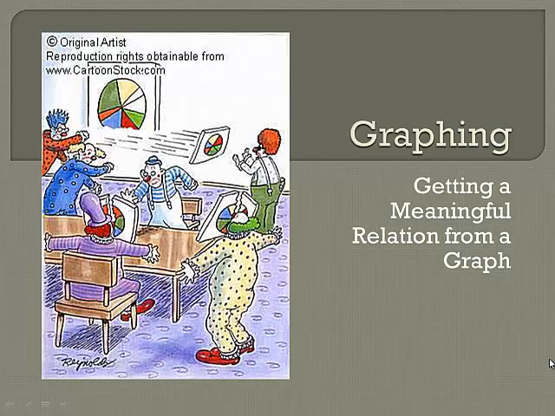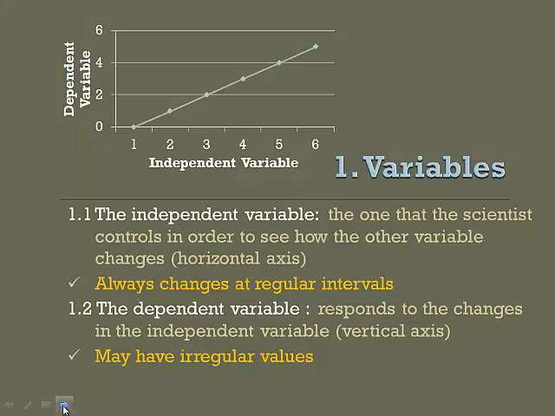Graphing. Graphing is an essential skill for science, just like it is for math. And we've already talked about when we looked at the scientific method, the importance of it in forming relationships between variables. So variables, when I say variables, we have to remember that there's two specific types, the independent variable and the